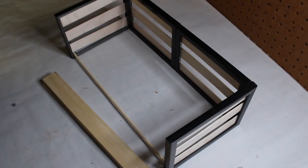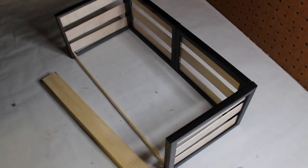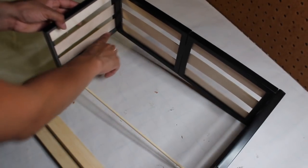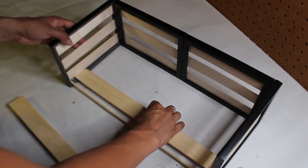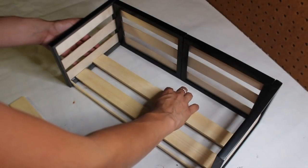Alright, so then I took another pack of the paint sticks, and so 3, and I cut them down to size to fit in here again on the lip of the frames. Let me see. So I'm going to figure out how to place them in here, and then we're going to glue these down